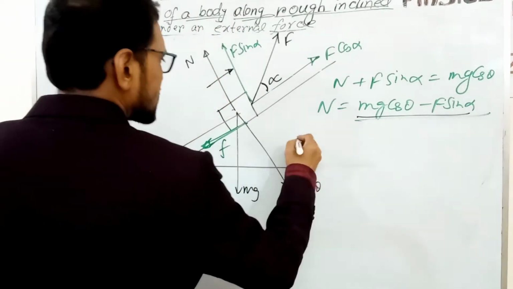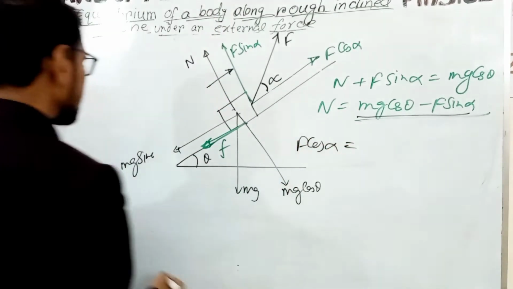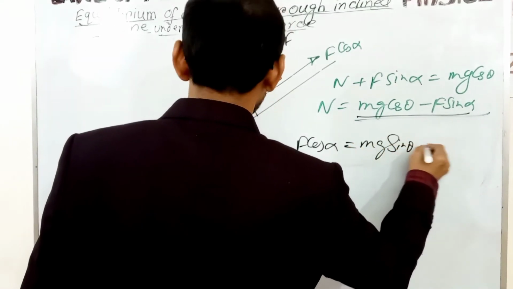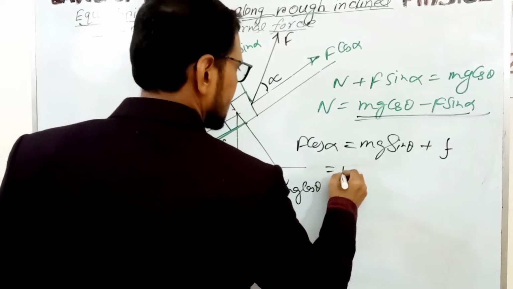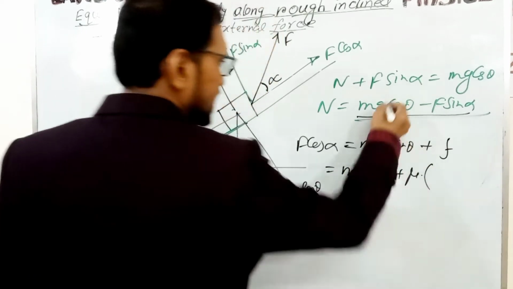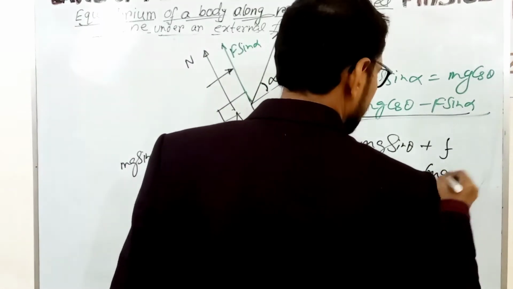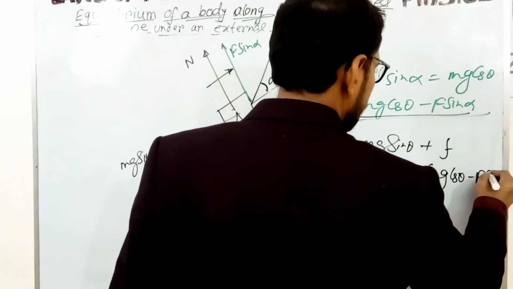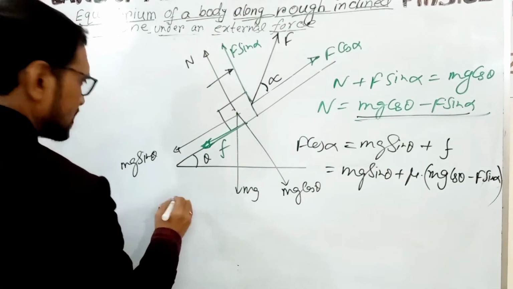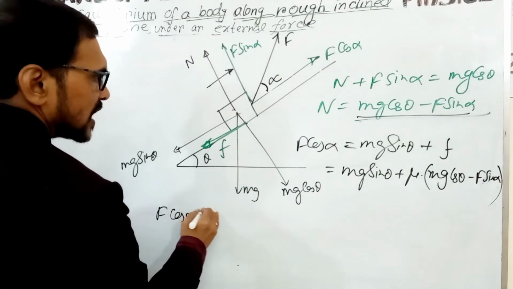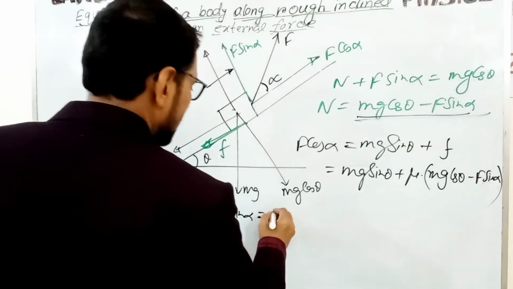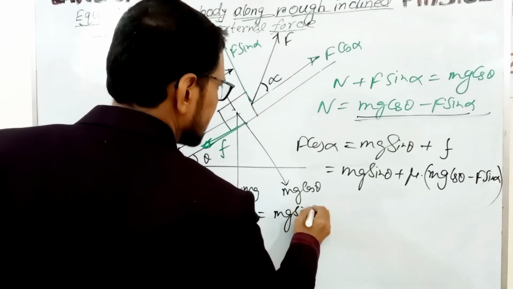So F cos alpha balances mg sin theta plus friction, which is mu into N, that is mu times mg cos theta minus F sin alpha. So F cos alpha plus mu F sin alpha equals mg sin theta